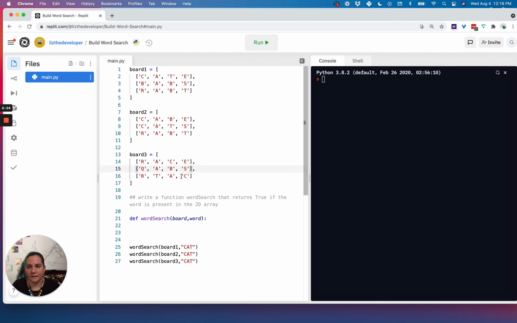So I check S, that's not correct, then I check A, and so now I'm here, CA. I've been to this C, so I know that I need to check B and T. I check B, that's not correct, and then I check T, and T is correct. So let me just write down that process, right? So essentially, for each starting place,